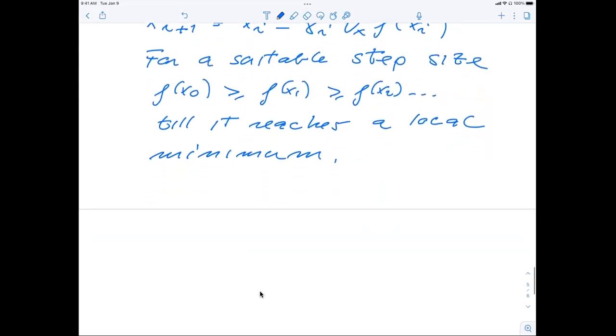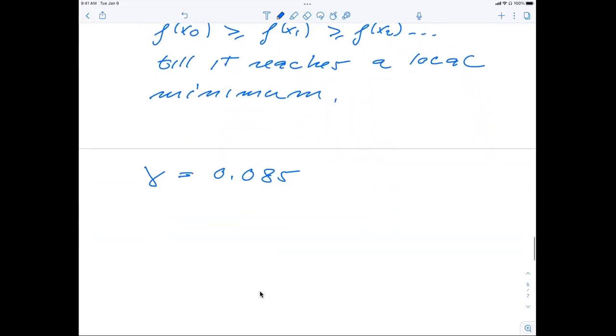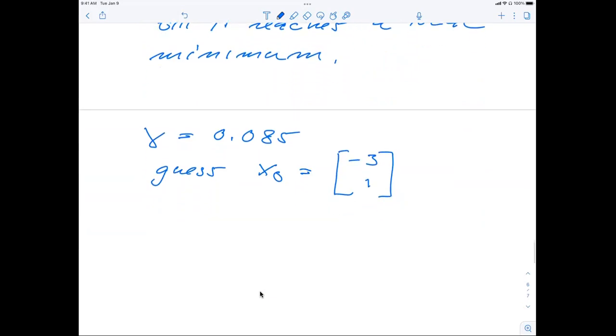So let's just plug in a value here. So the value which I plugged in now is just a value I chose randomly, 0.085. And then when I start the first iteration, I also have a guess for x0. So we start with a guess for x0, and we simply put that one to -3 and 1. And then what we find then is that x1 is equal to x0 minus gamma 0 multiplied with the gradient of f